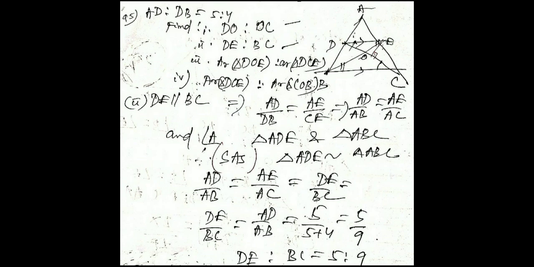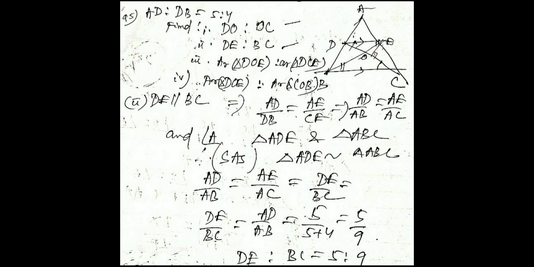Okay. So here it is worked out differently. For the second bit, it is given in the question that DE is parallel to BC. Therefore, you can find that triangle ADE is similar to triangle ABC. If you take the basic proportionality theorem, AD by DB is equal to AE by EC. So it is taken here as the basic proportionality theorem. After that, it is applied to find AD by AB is equal to AE by AC.